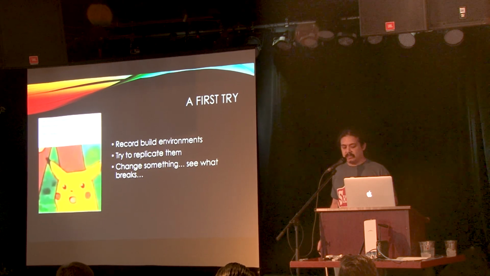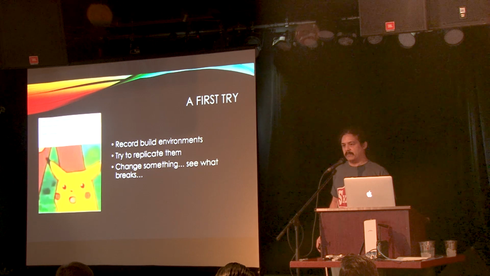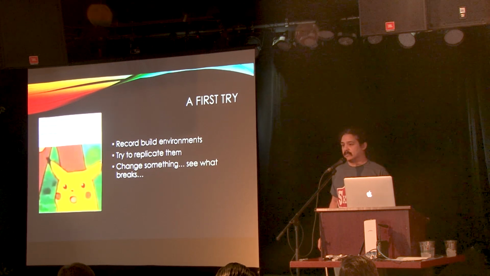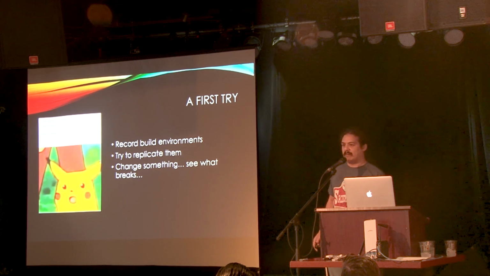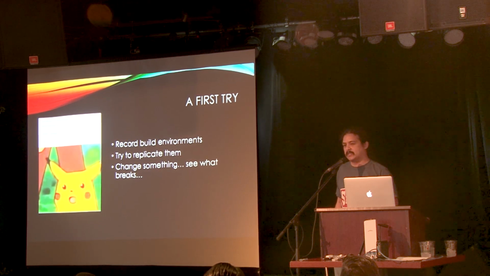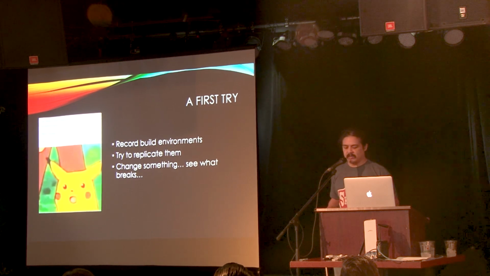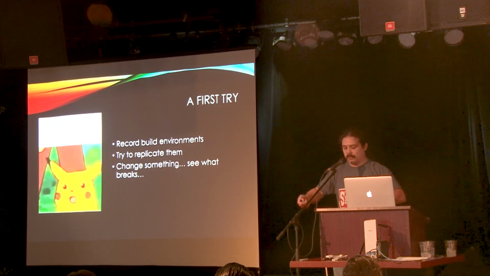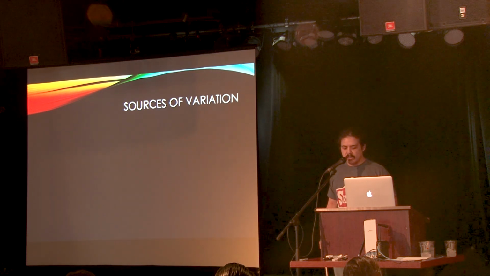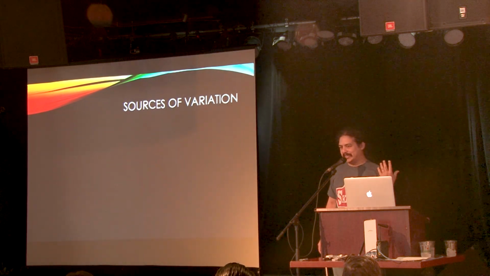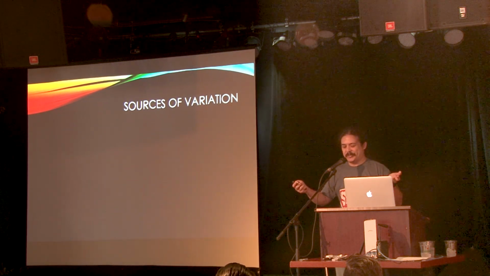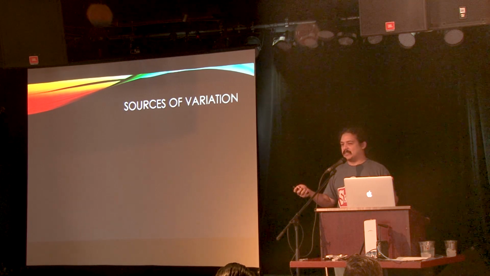So their approach basically boiled down to, let's record the existing build environments and the existing Debian build system. Let's try to replicate it. And then if we start changing certain variables in that build system and in that build process, what breaks, what influence do these variables actually have in terms of producing different output of binaries? So from this very rudimentary attempt of replicating the build system, a number of sources